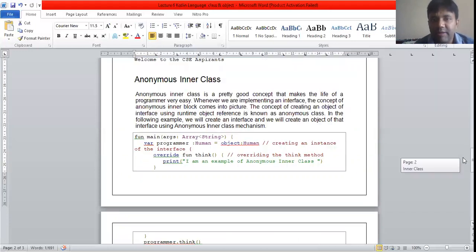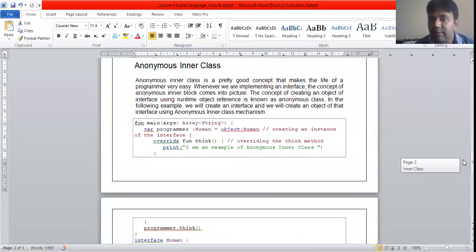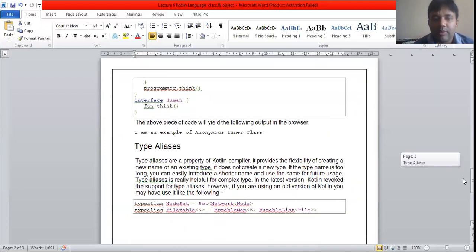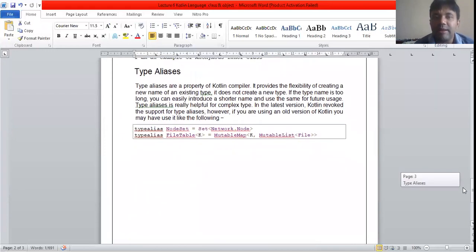So this is a very, very important concept, and try to remember that. The concept of creating an object of interface using runtime object reference is known as anonymous class.